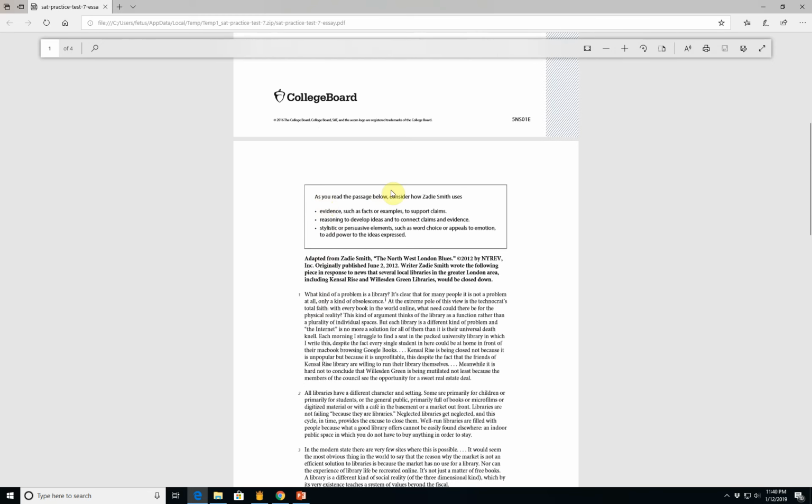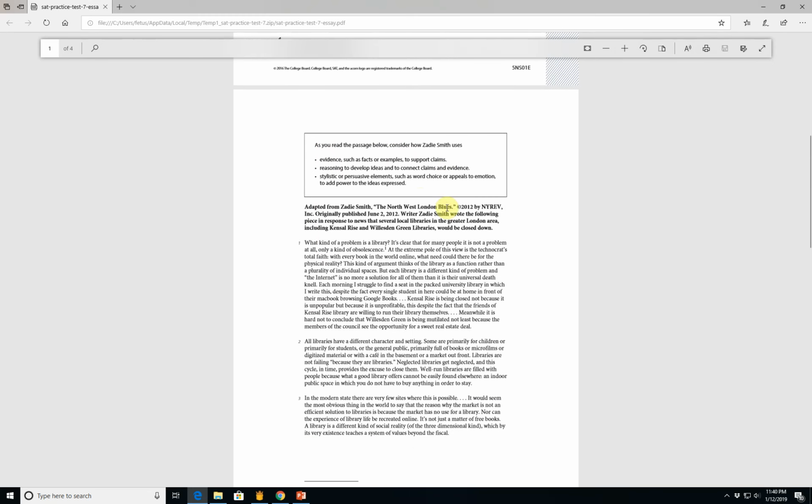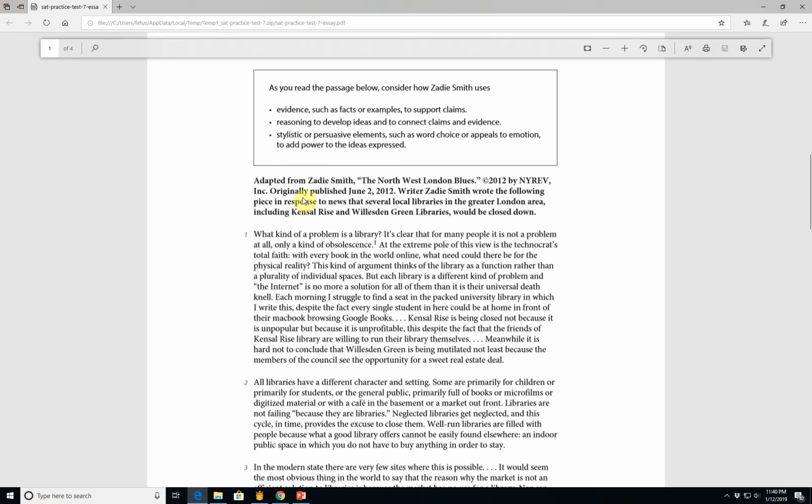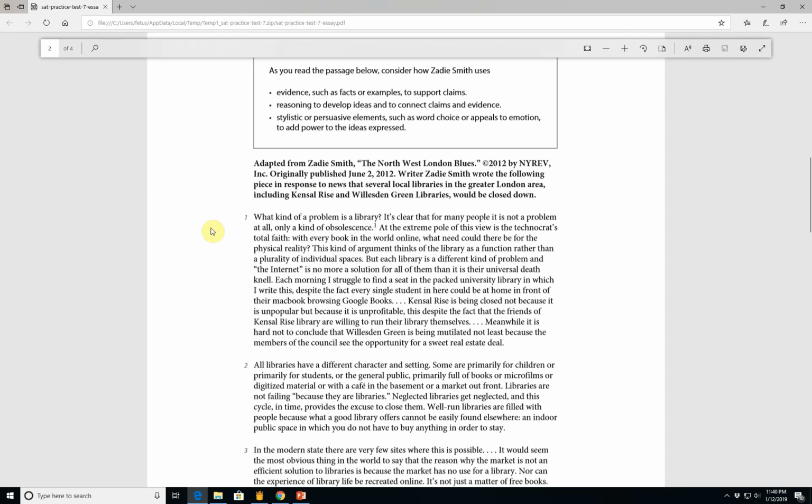Notice that the instructions are exactly the same. How Zadie Smith uses evidence such as facts or examples to support claims, and reasoning to develop ideas and connect claims and evidence, stylistic or persuasive evidence such as word choice or appeals to emotion to add power to the ideas expressed. So I'm going to increase the size of this a little bit because I want to be able to read it, and I'm sure you would like to read it